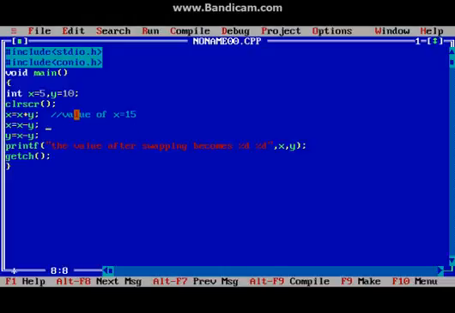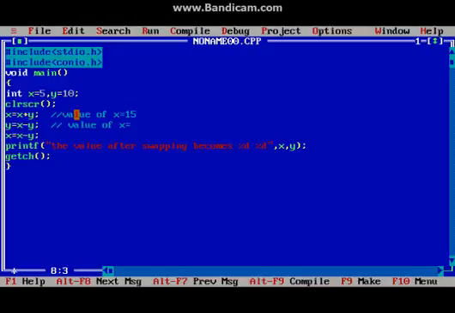Now in the second line, the value of x will be what? x is equal to 15 minus 10. Sorry, here I can write y and here x.